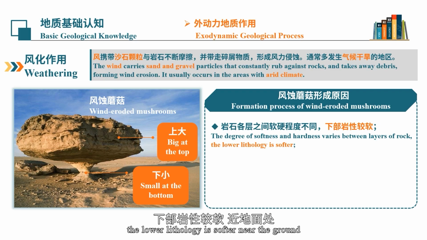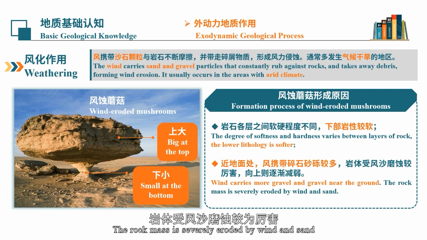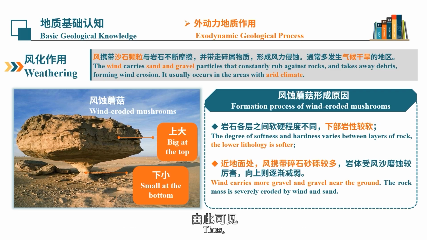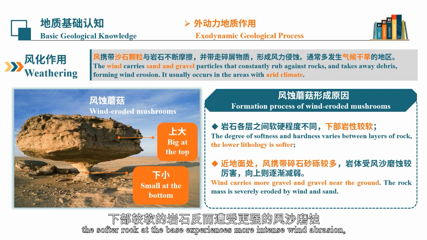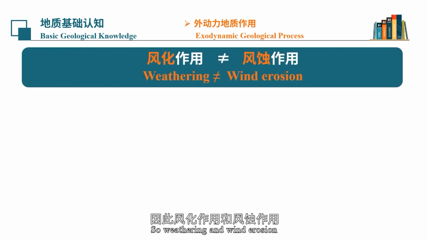The lower lithology is softer, near the ground. Wind carries more sand and gravel. The rock mass is severely eroded by wind and sand. Thus, the softer rock at the base experiences more intense wind abrasion, gradually forming a mushroom-shaped rock with a narrower bottom and wider top. So weathering and wind erosion are 2 completely different